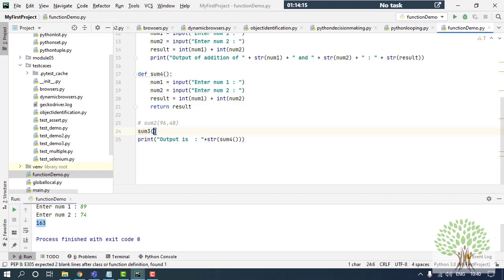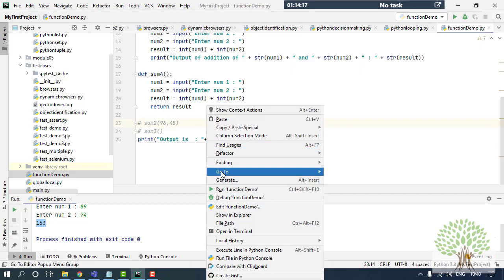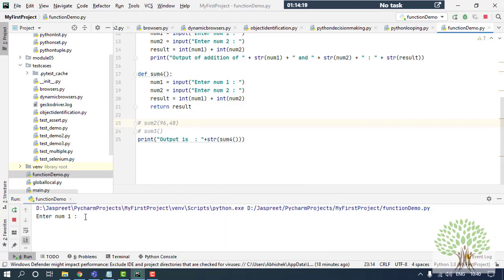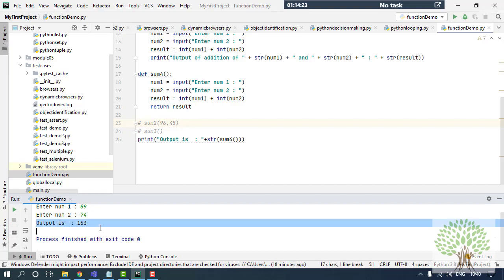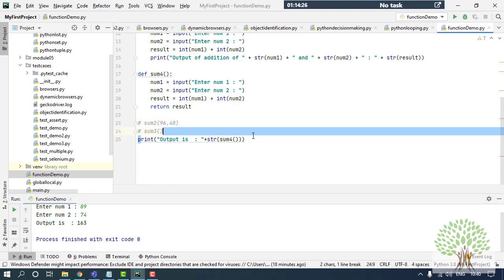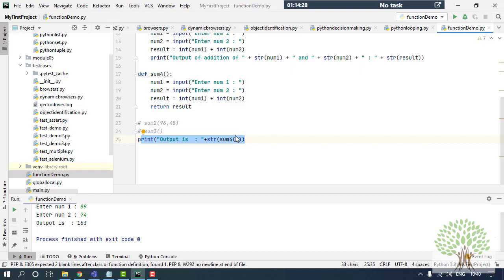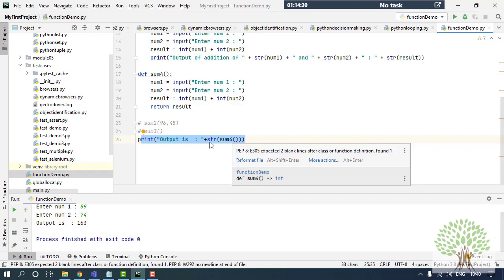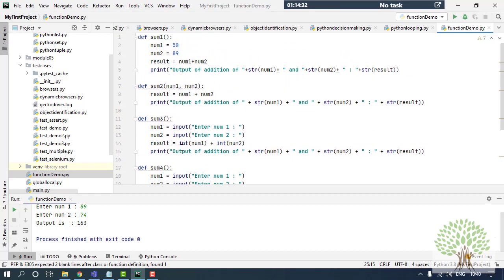Fine. Now I'll just run this again. Enter the numbers, and this is the output that I get from the sum4 function by returning the result from a function and printing it when I'm calling it. Fine. So these are the 4 ways by which I can create a function and I can pass on different parameters.